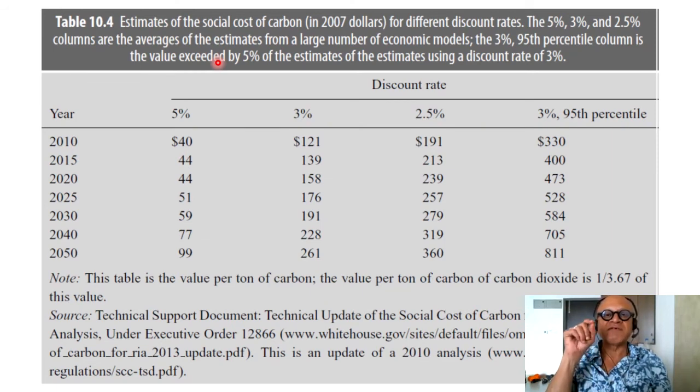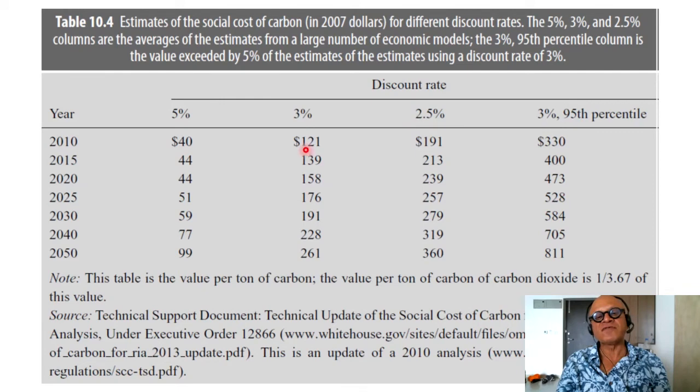Instead of just private cost, we added the social cost, and we produced less energy at a higher cost to keep the emissions down. Here, many different economic models are used to estimate the social cost of carbon in 2007 dollars for different discount rates, so 5%, 3%, 2.5%, and then just to show how uncertain these models are and how they do these calculations,